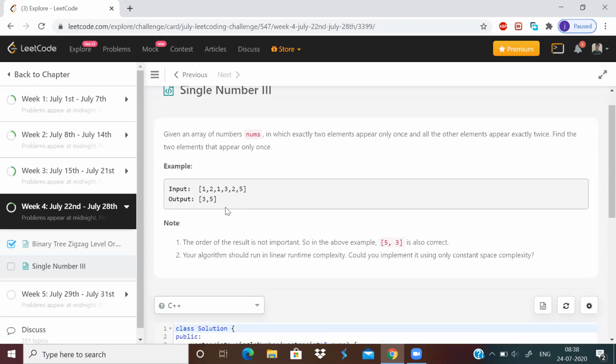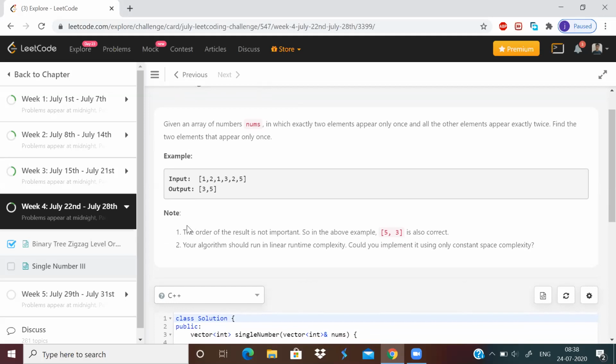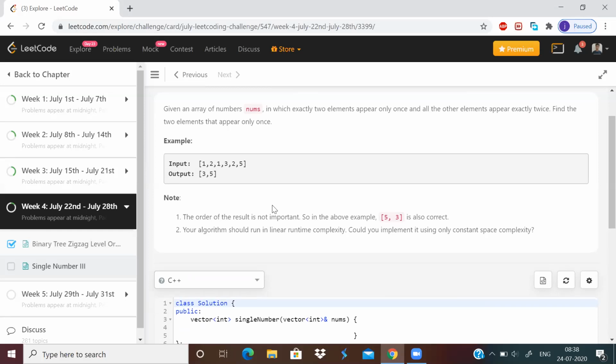So this is the problem statement, and the order of the result is not important. They are saying that even if your output is 5 3, it will accept, because the order is not important, right? And about the time complexity, it's saying that your algorithm should run in linear time complexity.